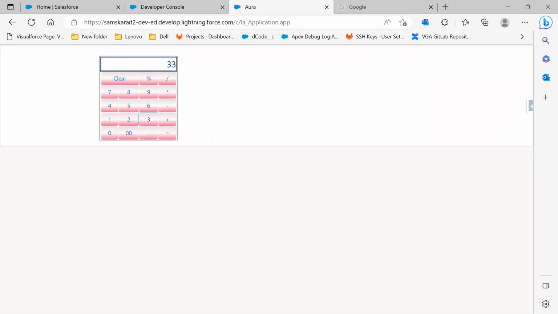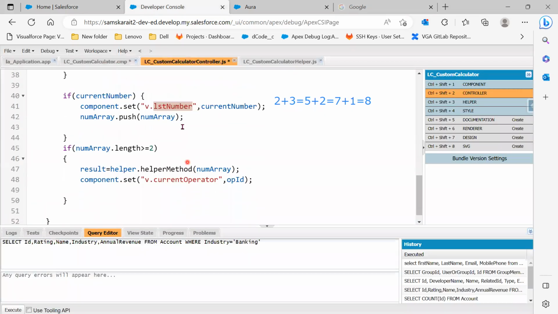Because if I add the numbers here, 2 plus 3, which is equal to 5. And again, if I add 5 plus 2, it has to sum up to 7. If I add plus 1, again it has to sum up to 8. So that means whatever the previous output is, I need to store that output somewhere. Because if I keep on adding operators like this, I need an attribute to store the information. So where am I going to store that? I'm going to store it into the last number,